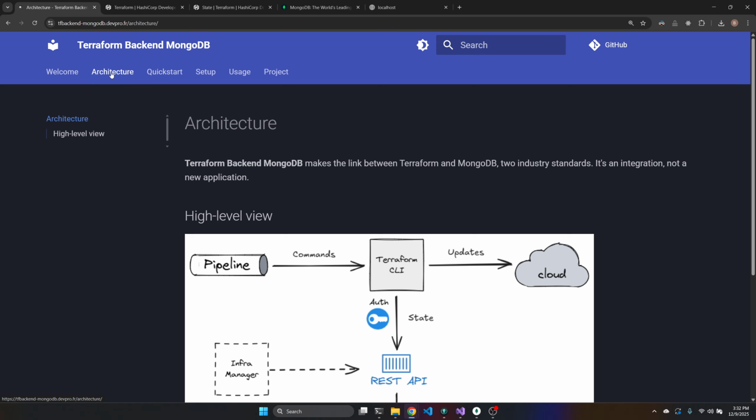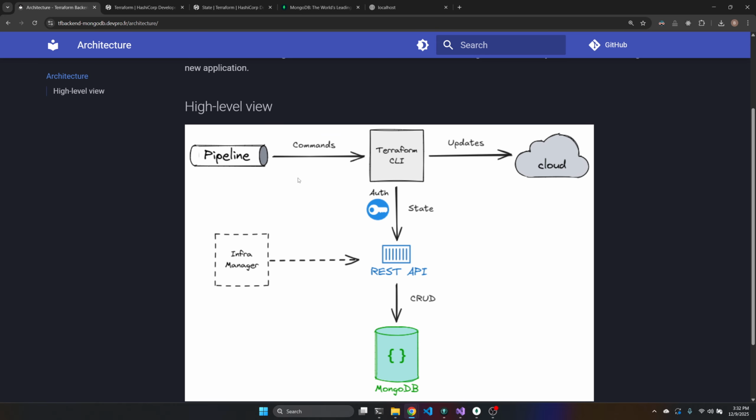And if we look at what it is, from the Terraform user point of view or OpenTofu user point of view, it's very transparent. The command will work as expected with all the features like locking. But on our side, what is very interesting is we can save the data in a database that is highly available and can be used later on to gather information and insights about what we do.